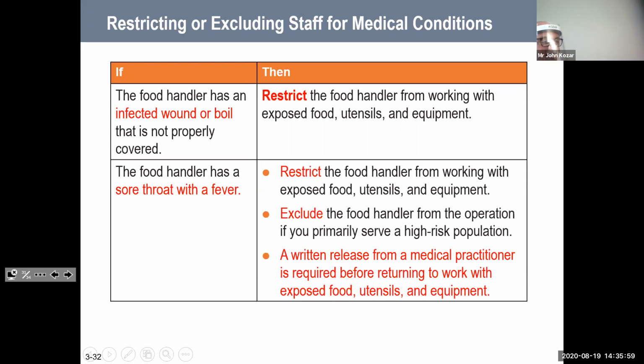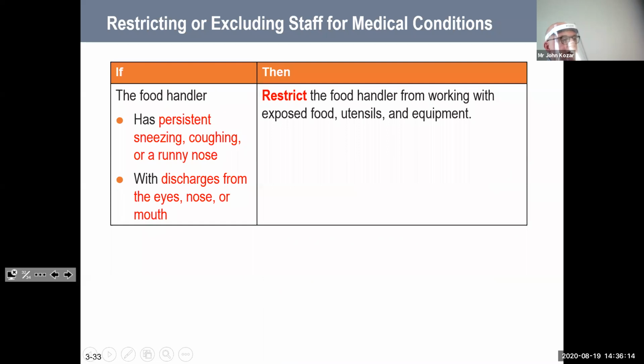In either case, whenever they have a sore throat and fever, before they can work with food, equipment, or utensils again, they have to have a note from their doctor. Persistent sneezing, coughing, runny nose with discharges from the eyes, nose, or mouth: keep them away from food, utensils, and equipment.